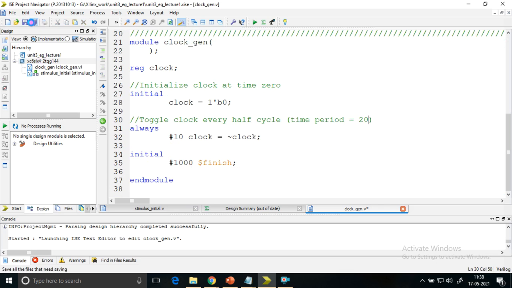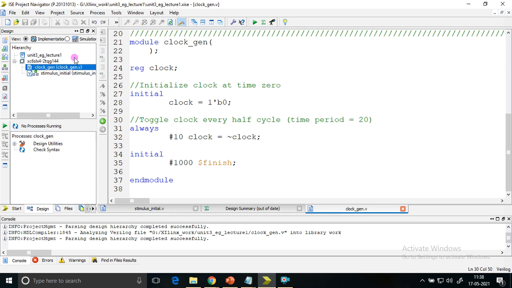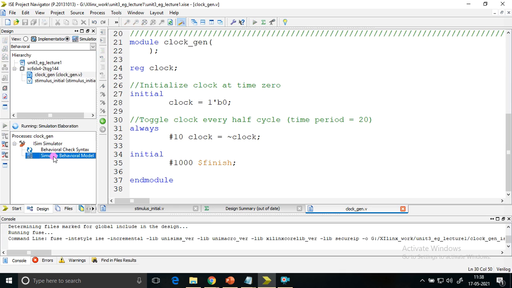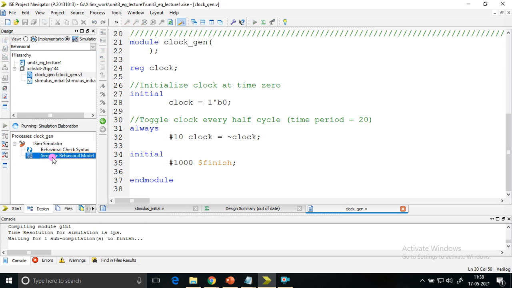So I'll just save it. I don't synthesize it. Synthesis is not needed. I have already said. Directly go to simulation. Highlight this clock underscore gen. Double click on simulate behavioral model. And wait for a while until it completes.